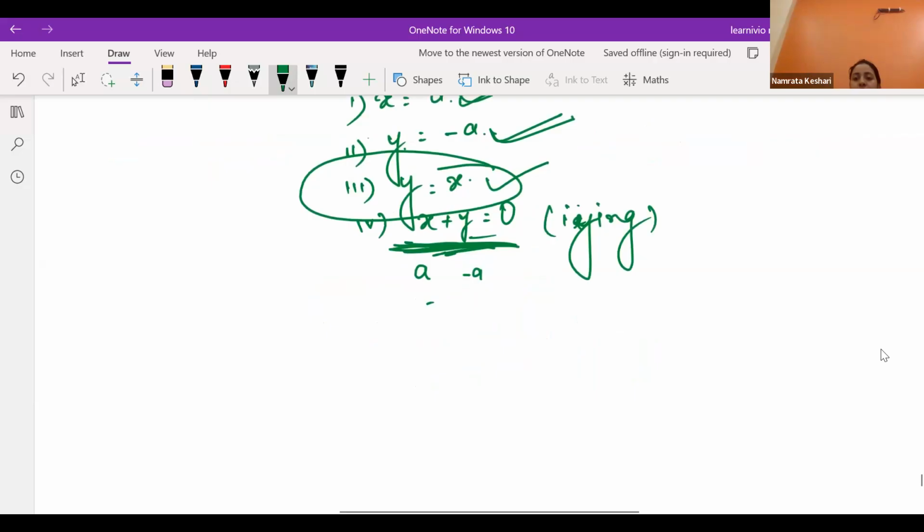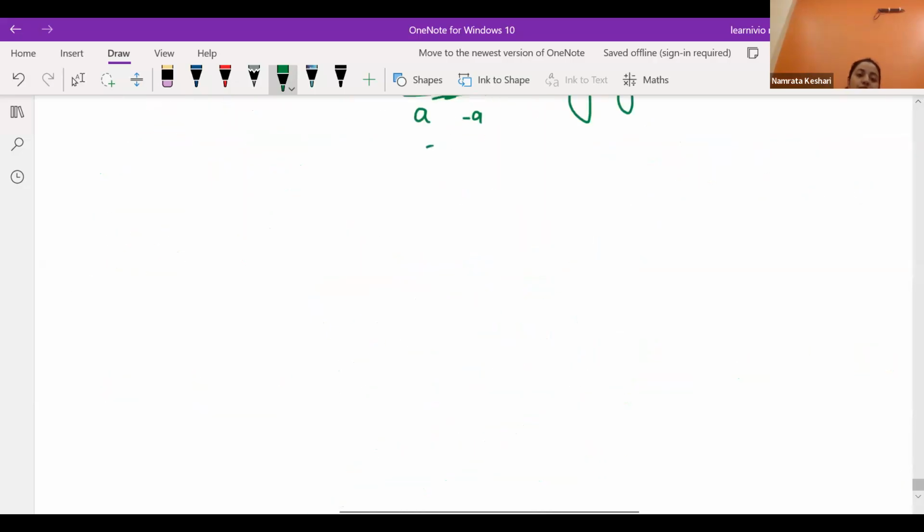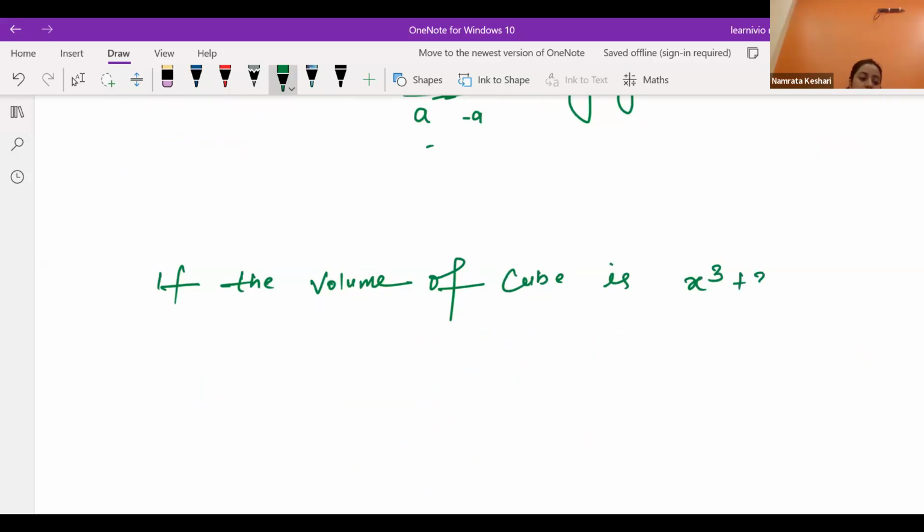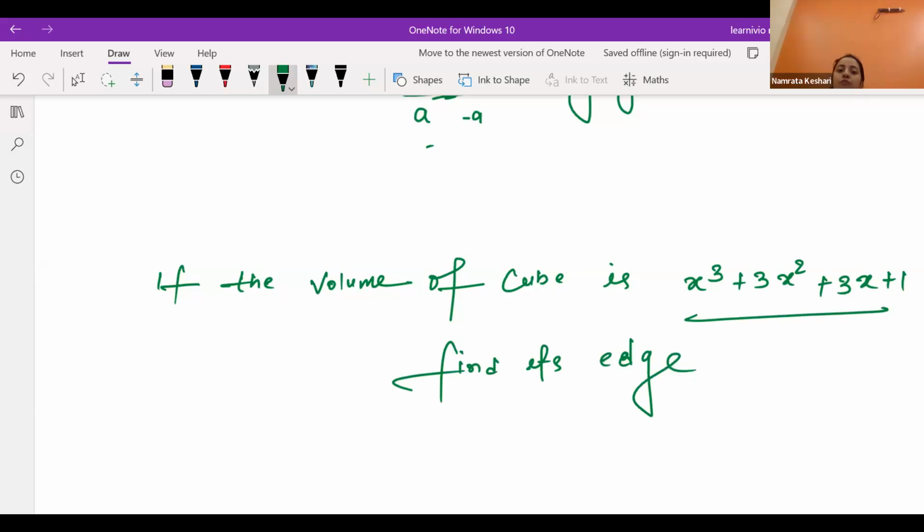Yes, this one. If the volume of a cube is x cube plus 3x square plus 3x plus 1, find its edge. एक क्यूब है जिसका वॉल्यूम कुछ ऐसा दिखता है, ये जो एक्सप्रेशन है, ये क्यूब का वॉल्यूम रिप्रेजेंट कर रहा है। हमें क्या फाइंड करना है? एज फाइंड करना है क्यूब का। ट्राई इट।